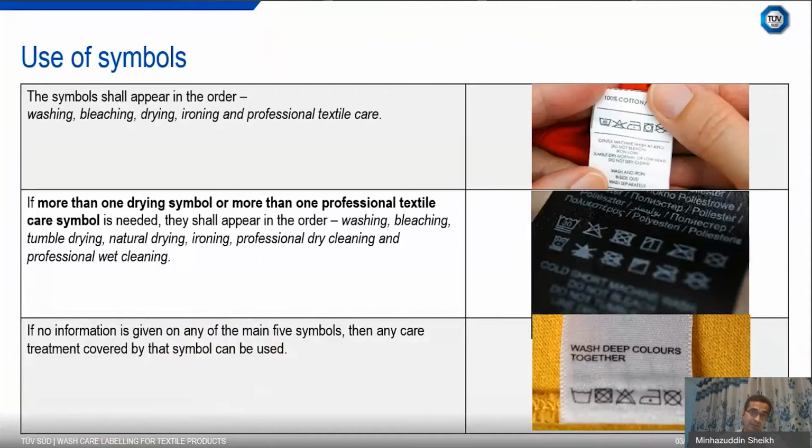There are 5 symbols, as I have mentioned. They should be used together like washing, bleaching, drying, ironing, and professional textile care. And this should be used in this order only. Like in the first example at the top, you can see washing, then do not bleach, then cool iron, single